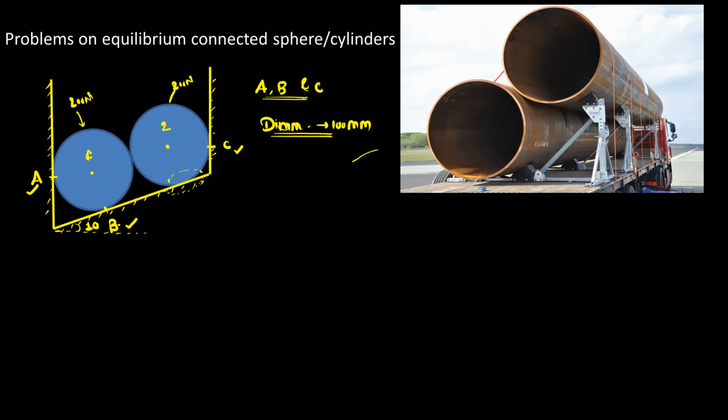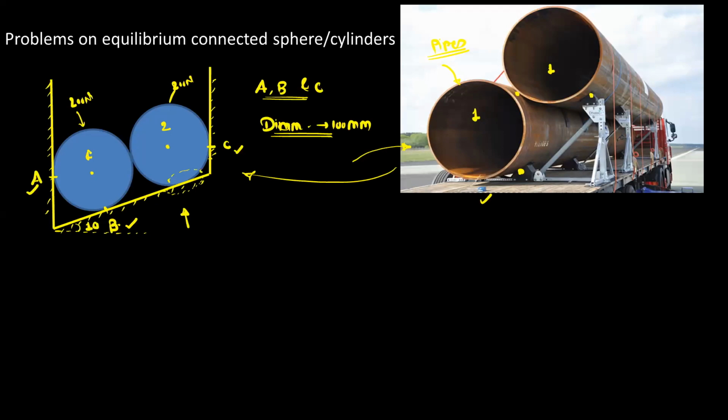So this is the practical application. So this is the physical system where these two cylindrical objects, so these are the pipes. So these two pipes, they are supported on this trailer. Okay, so these are the contact points. So this is one contact point, this is another contact point. Okay, and this is contact point between this pipe 1 and pipe 2. So when we solve this problem by considering the equilibrium, then this is the simplified diagram. Okay, so this diagram, it is for this physical system. Okay, so you can understand the practical application of the equilibrium.